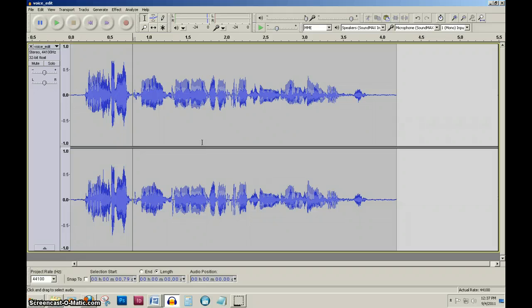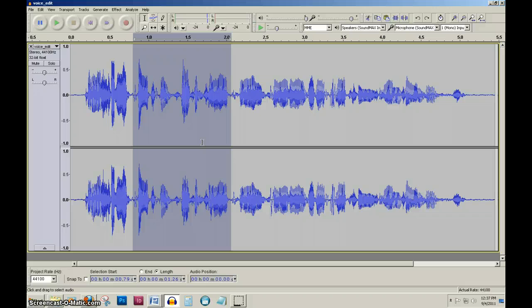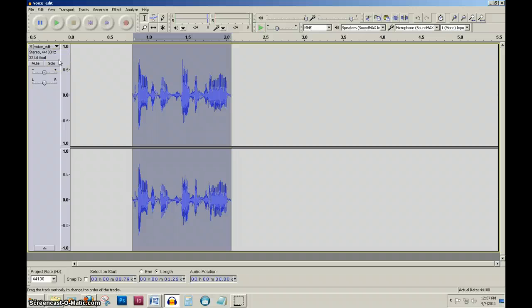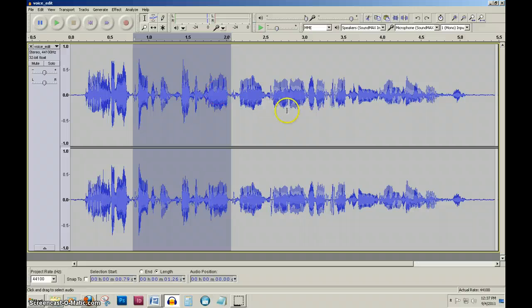What if, on the other hand, I didn't want to delete this, I didn't want to cut it, I wanted to trim. Trim is removing everything else, right? Leaving this, removing everything else. I would still do that, find zero crossings. It's not as important, I suppose. And I can go to Edit, Trim, which is Control T. That removes everything else. Let's imagine that, I'm going to do Control Z,